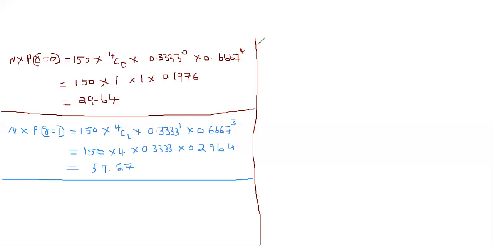Next, n into P of r equal to 2. P of 2 is equal to 150 into 4C2 into 0.3333 raised to the power of r value, which is 2, into 0.6667 raised to the power of 4 minus 2, how much will we get? 2. So it is equal to 150 into